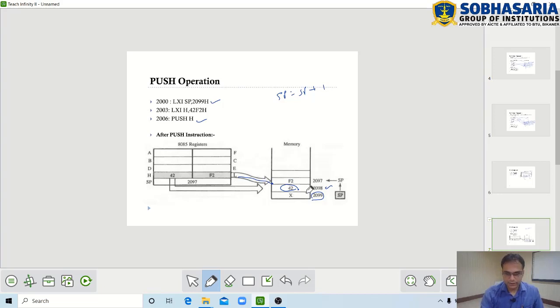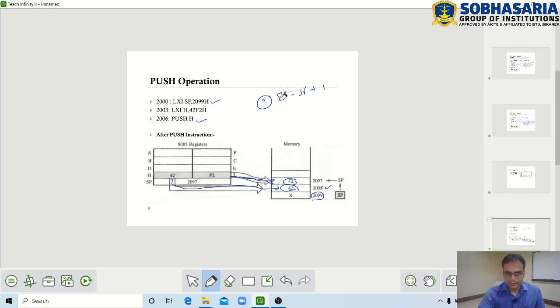Then the another data, the content of higher register will be copied first here, and then the content of lower register will be copied at this location. So let us rewind this, how push will work.